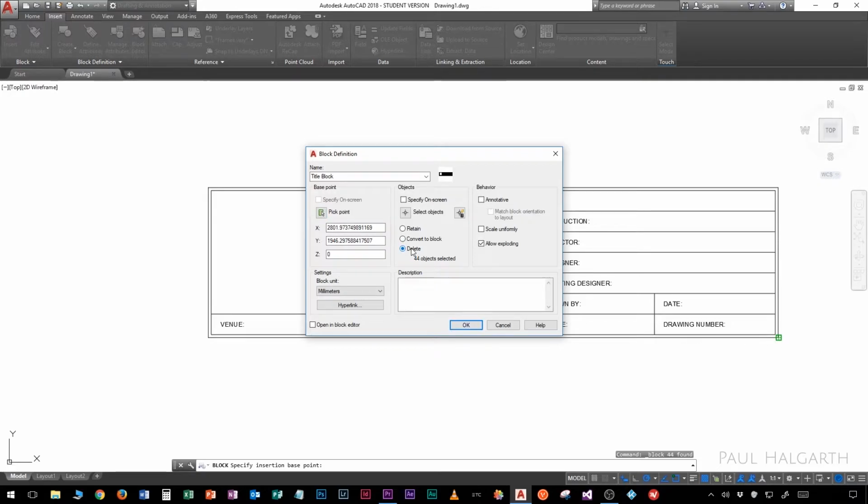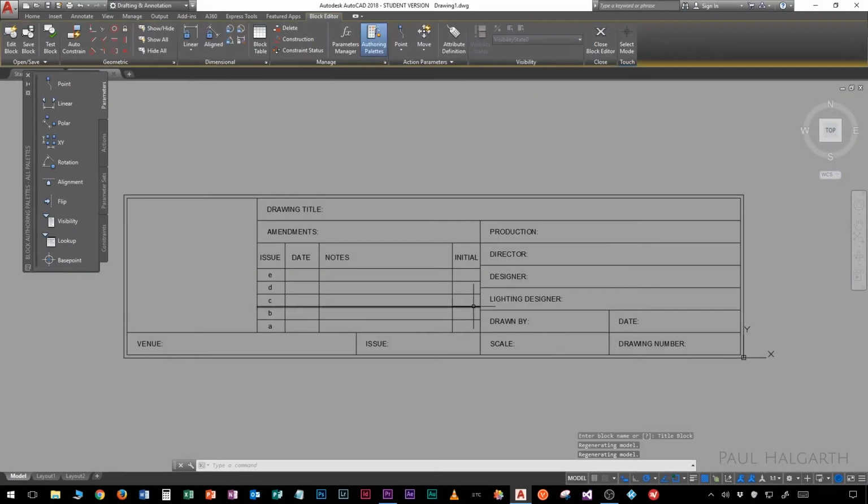Then we can choose to delete the title block when we turn it into a block, and we can also open it up in the block editor so we can continue working on it. That looks good. Click OK. That one disappears and it's now opened up in the block editor. You can see that we're in the block editor because we have a grey background and we have the block editor tab for the ribbon menu. And you can see that it's put the UCS in the bottom right hand corner,